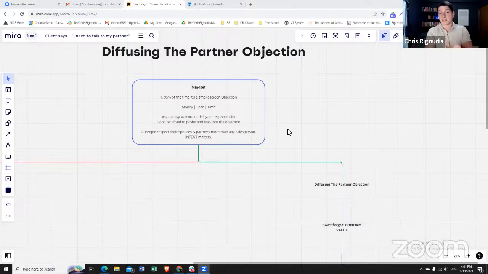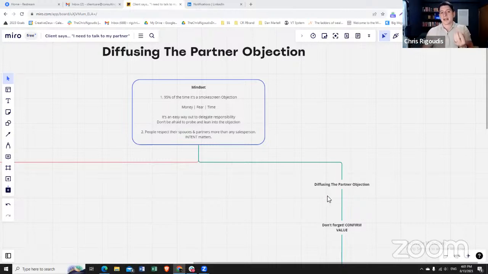And if there is a partner, sometimes people don't even need to have a partner to throw that objection, but "let me talk to the partner." So 95% of the time, people say it because they don't want to make decisions then and there, and they want to delegate responsibility to a third party. That third party could be their spouse in B2C; in B2B, it could be the board, a business partner, or their team.